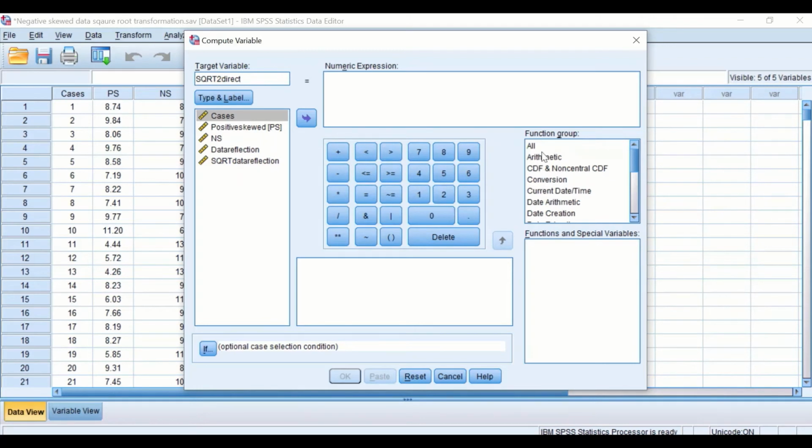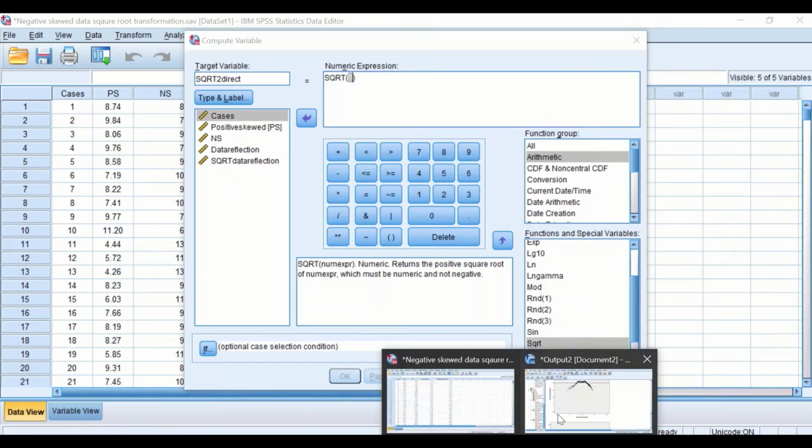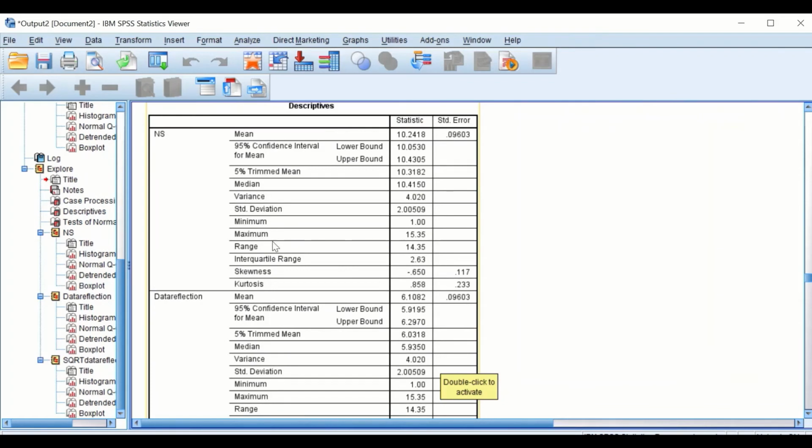The way to do that is, first of all, to click on Function, Arithmetic, Square Root, drag the square root into this empty numeric expression, and then if I want to do a square root on the negatively skewed data, again I have to do reflection. So I'm going to do the square root and reflection in one formula. To do the reflection, we've already determined that the maximum value, as we can see here, is